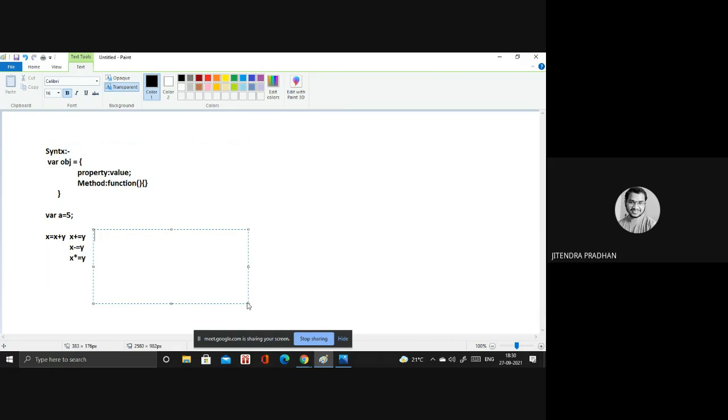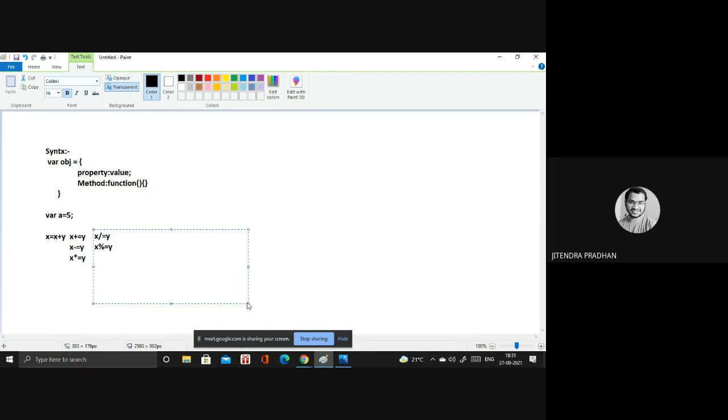So we have done the multiple assignment operator. Okay, we have the division assignment operator also. So this is a division assignment operator. Next one we have the remainder assignment operator. This is remainder. Okay, the value is x equal to x by y, x equal to x remainder y we have.